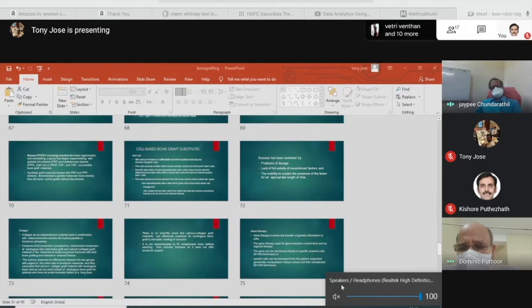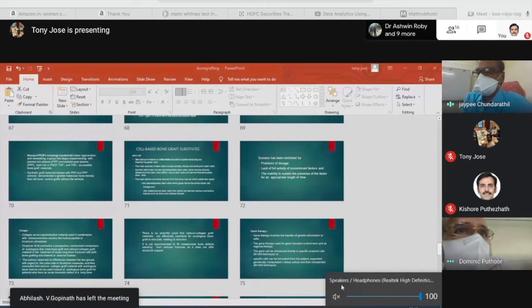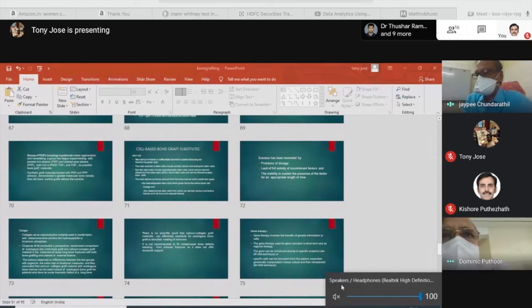Dr. Dominic, do you want to add anything? You are probably going to deal with large bone defects because of the tumor you might remove. But you will be very happy and gratified if there is something which you can use as a filler, and which can subsequently be incorporated into the bone. Anything coming up in your oncology discussion?